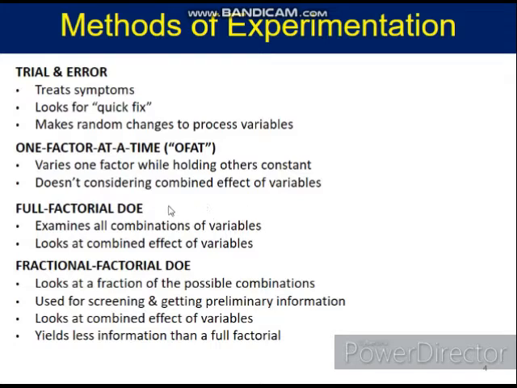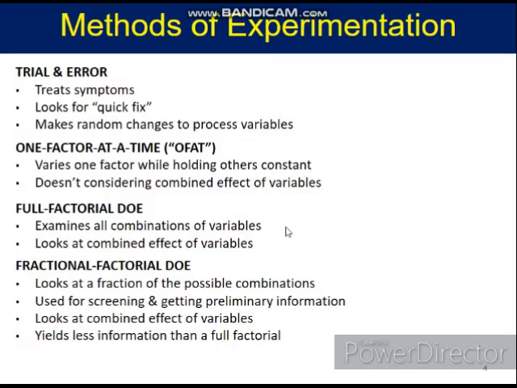Full factorial design experiment examines all combinations of variables and looks at the combined effect of variables. So if you have more than one variable, two, three, four, five variables, and you want to find out the effect of those variables on, let's say, the softness of the bread, then basically use the full factorial design experiment